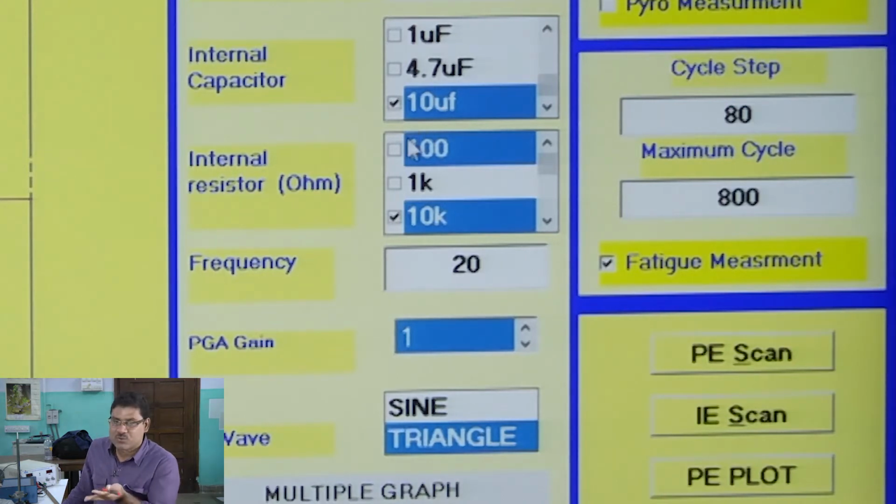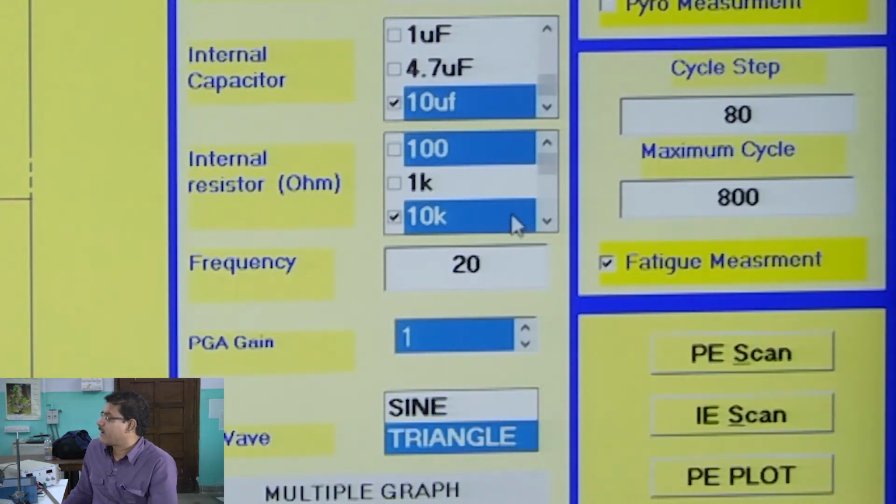You can choose one of them. We have chosen 10 microfarad. And internal resistance is not coming in our calculation, but in the circuit there will basically be internal resistance also. So one can choose. Whatever internal C2 capacitor is in the circuit, we are choosing 10 microfarad, and that is coming in our calculation.